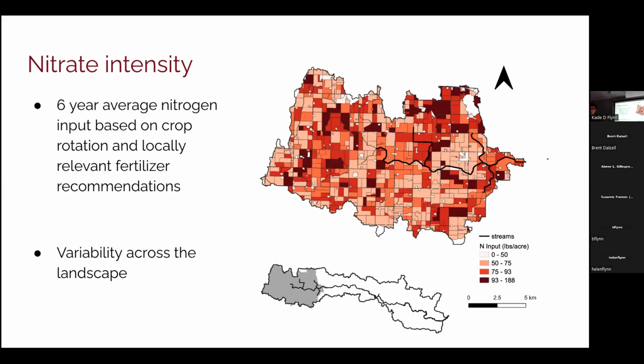One is this nitrogen intensity, or this estimate of nitrogen input, which is based on a crop rotation history and fertilizer guidelines. If we look at a map of field boundaries for this upper portion of the watershed, we see even though it's all cultivated cropland, there is variability in the amount of nitrogen applied, which is driven by the amount of corn that's grown on the landscape. These regions with higher nitrogen input tend to have consecutive years of corn, which requires more nitrogen relative to fields that alternate between corn and soybean more often.